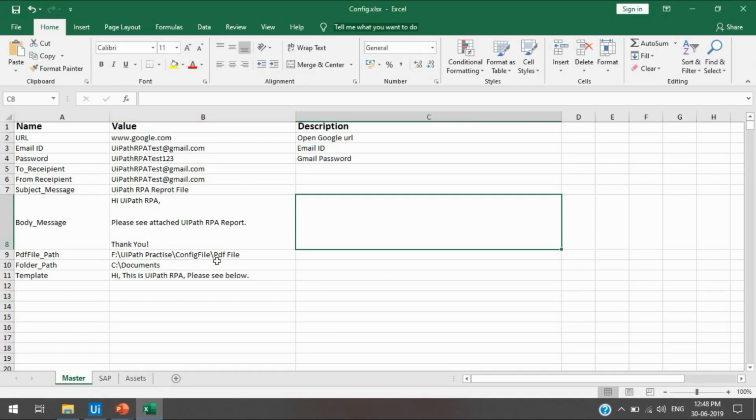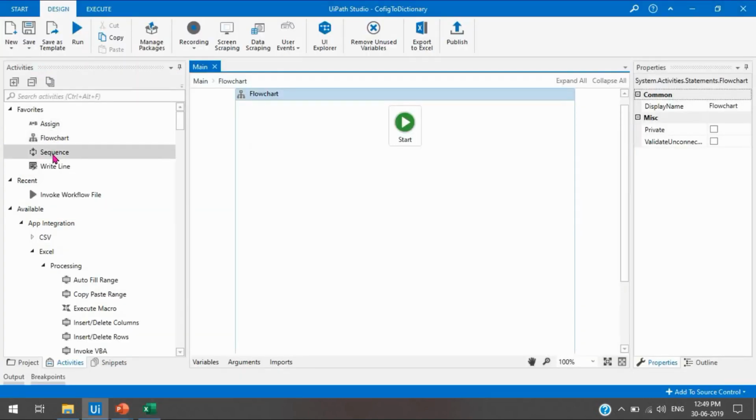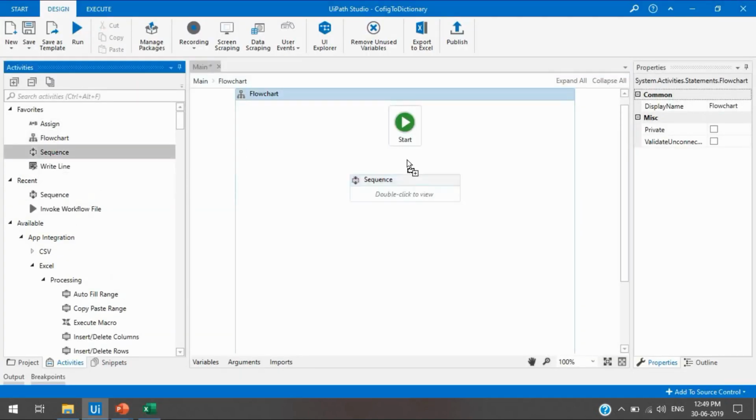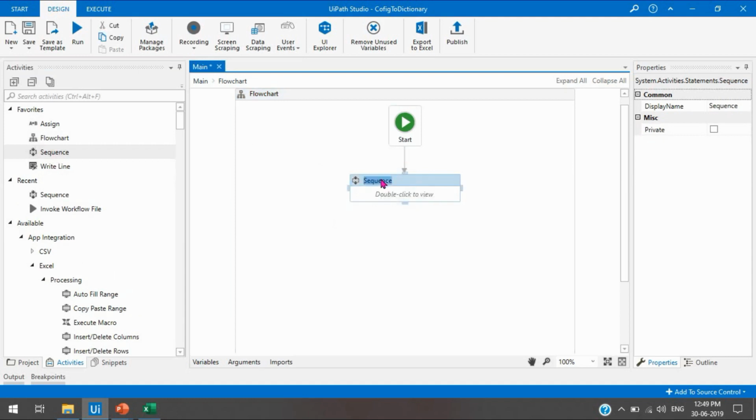We need to read all this data from Master, SAP and Assets and write it to the dictionary. So first I will show you how to read only one sheet's data and write it to the dictionary, and after that I will show you how to read all these sheets' data and write them to the dictionary.